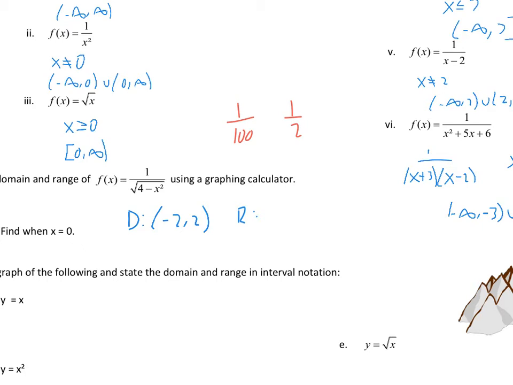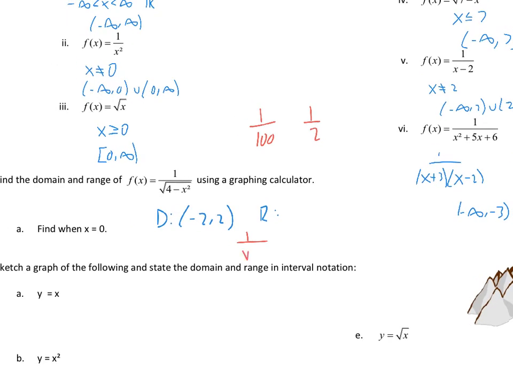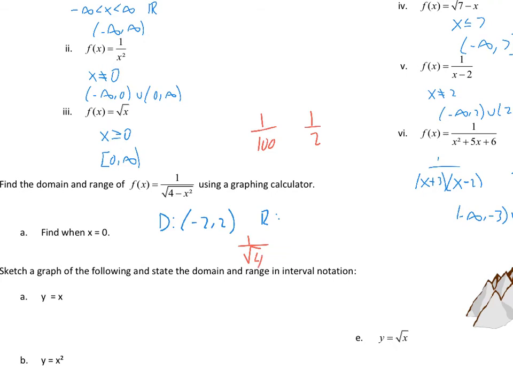And the biggest our denominator will ever be is if we plug in 0 for x, because then you do 4 minus 0. And so if the biggest our denominator will be is when x is 0, then you get 1 over square root of 4 when x is 0. And you get 1/2. So 1/2 is the smallest value that this will ever be, because that's when the denominator is at its biggest. And so our range algebraically is 1/2, and then to infinity,